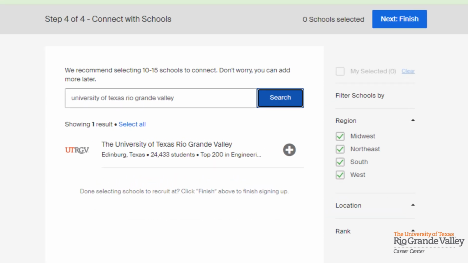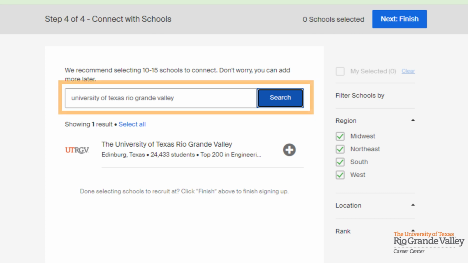Handshake recommends that you select 10 to 15 schools or less. We would encourage you to look up the University of Texas, Rio Grande Valley. You can also look up other local universities in the South Texas region if you wish to add more than just UTRGV. In the select search bar, type in University of Texas, Rio Grande Valley, click on search, and you